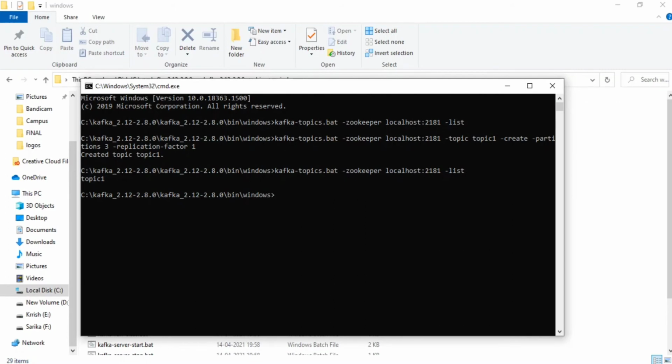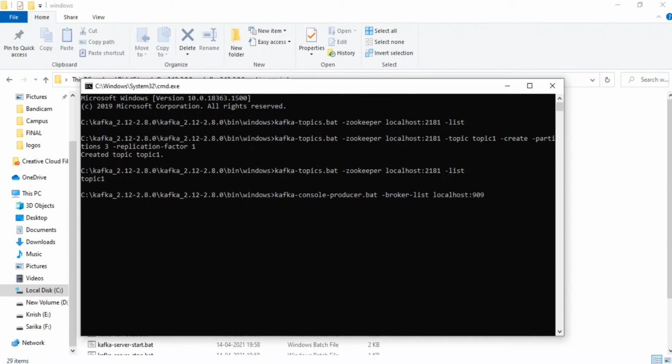For starting a producer console on Kafka, you have to write kafka-console-producer.bat, then a broker list, because as I told earlier there are brokers available, and whenever we start a producer we have to tell it the broker list, on which server and port number. So always you have to provide your server name, localhost, and port number.